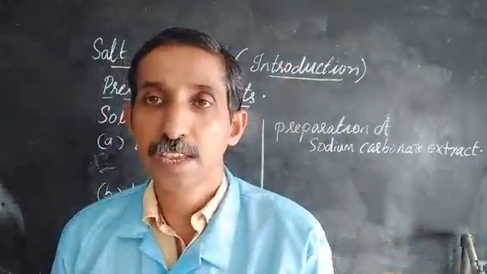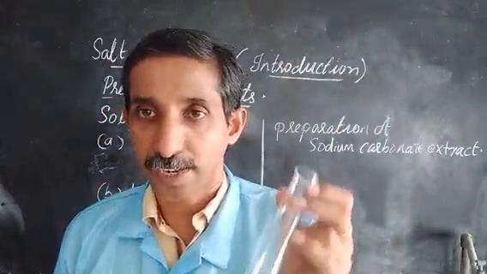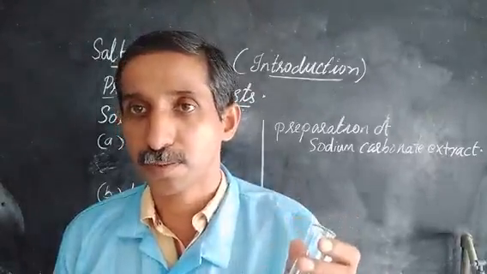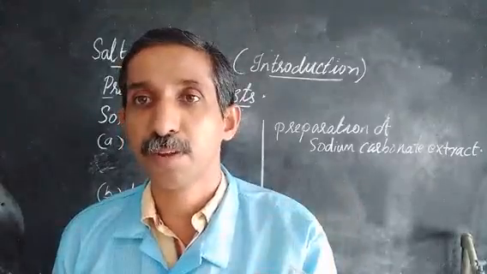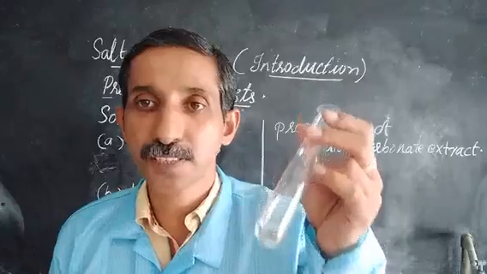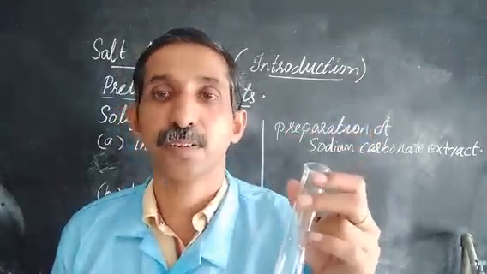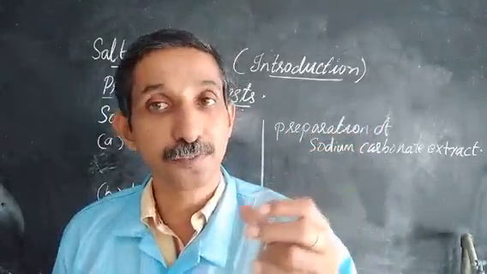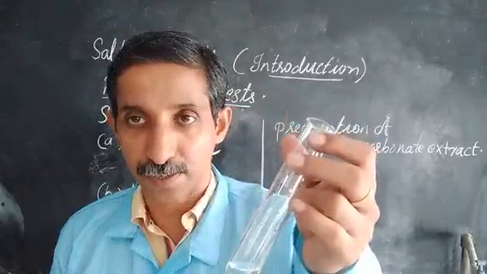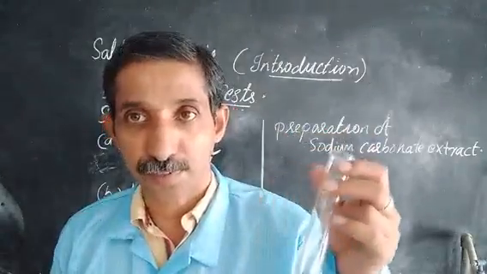For example, if carbonate is the anion present in the salt, on the addition of acid, you know that definitely there will be formation of bubbles of carbon dioxide. Immediate bubbling, or we call it brisk effervescence. If this is visible, then definitely you can suspect that the given salt is a carbonate. The anion is immediately identified. Now we are doing the preliminary test for anions after the solubility.